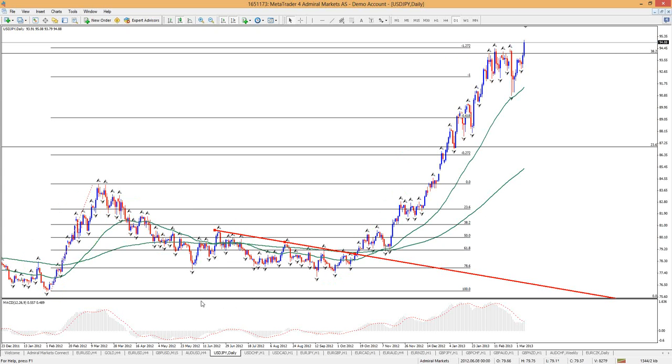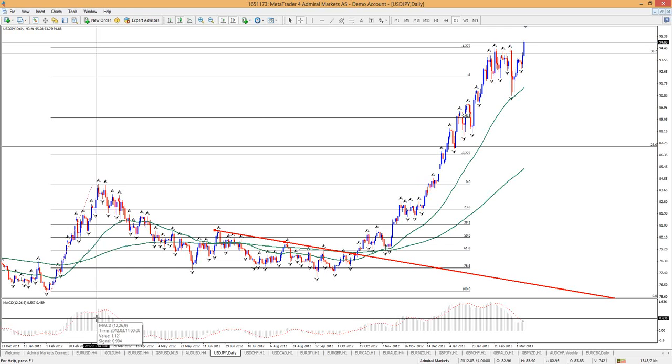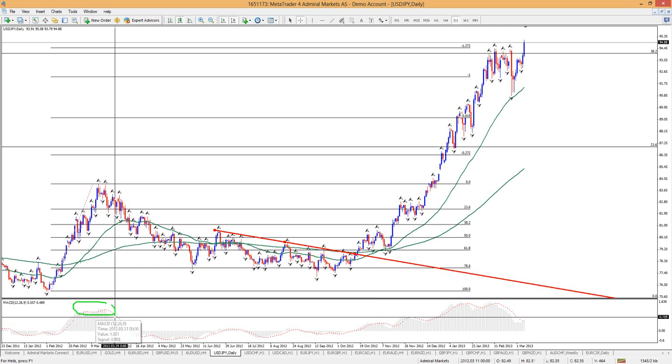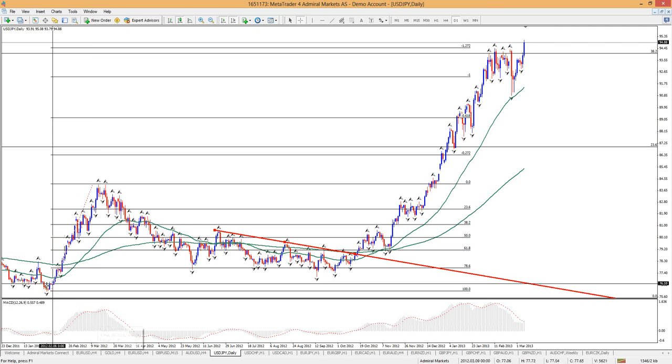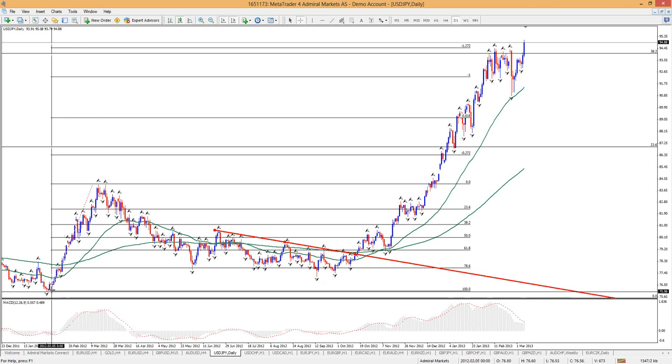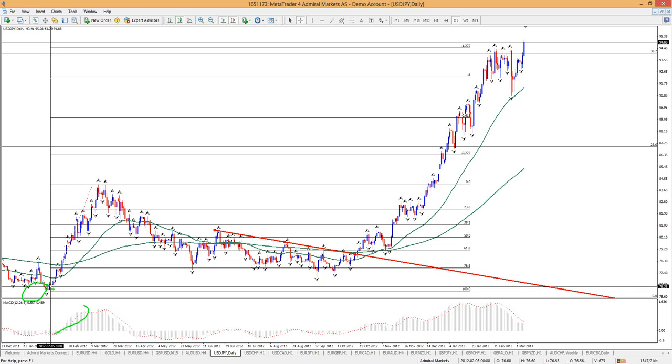The other thing you want to look at maybe is the strength of a move up. You can, for example, see on the MACD that this move up was very strong, right? So if you see such a thing, and you maybe have counted 5 waves to the downside already, and you see a very strong impulsive move up like this, and the MACD is high, and within this move up, you go to the 4-hour and 1-hour chart,